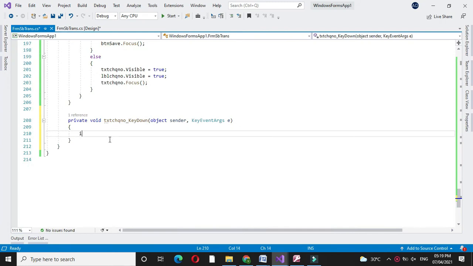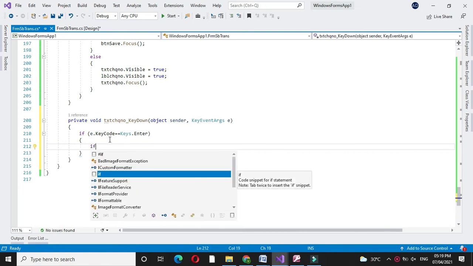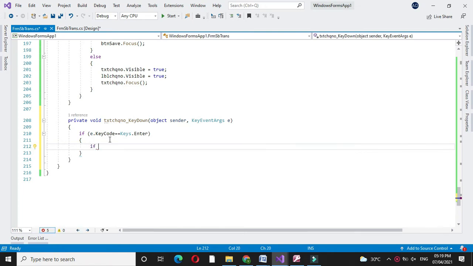Here also we will check if e.KeyCode equal to Keys.Enter. We will first check whether the check number is blank or not.